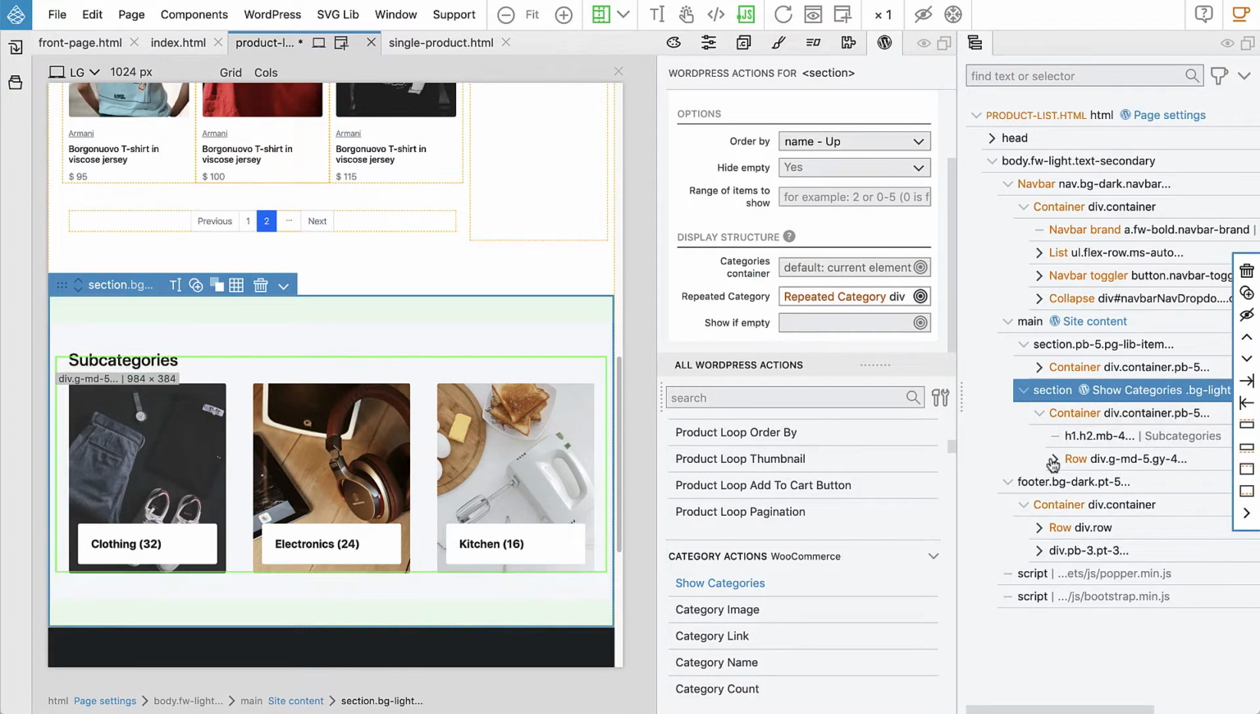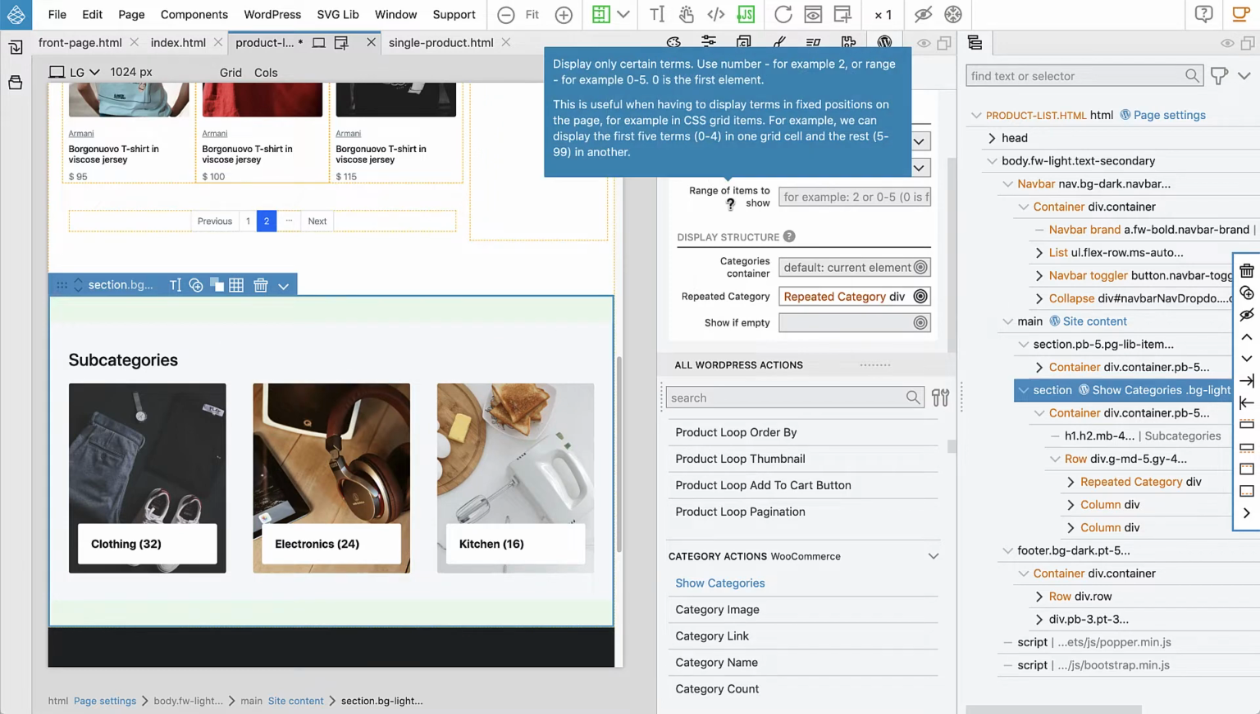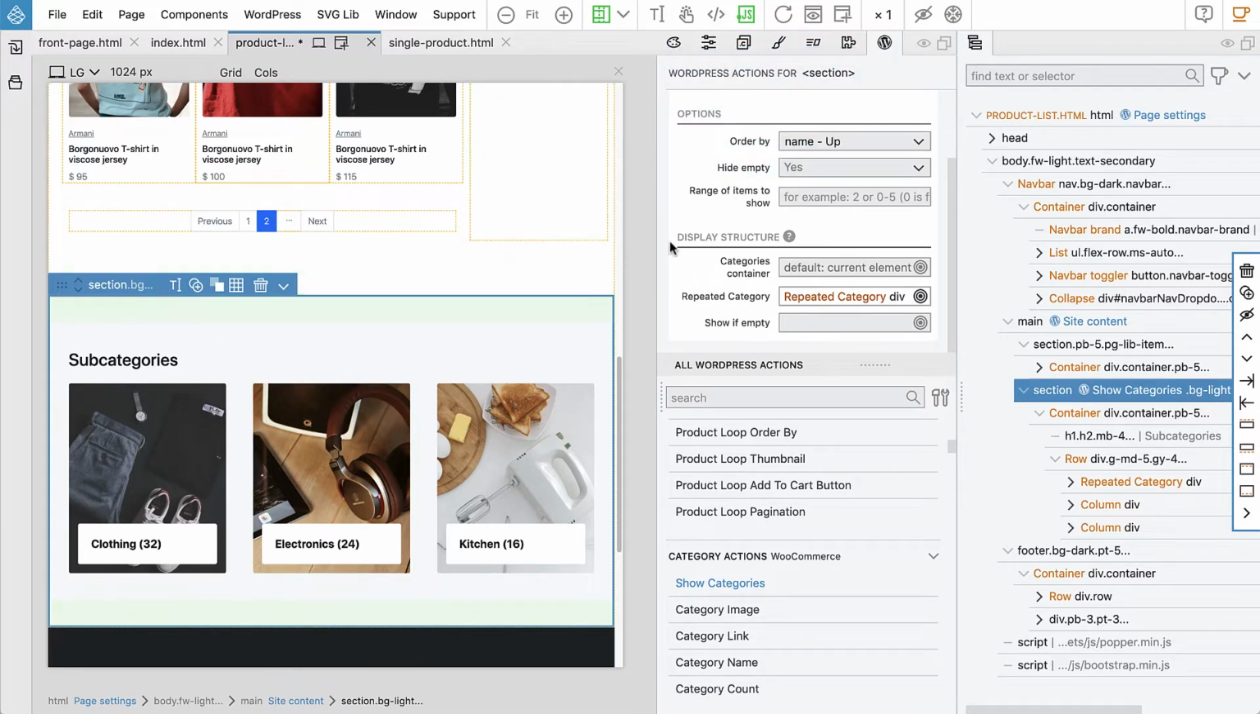The tree is very helpful. We can inspect the structure and double check everything. So show if empty, we don't need this. There is no need to say there are no subcategories. We'll simply hide this whole area if the categories are not found. Okay, so this creates kind of loop around the